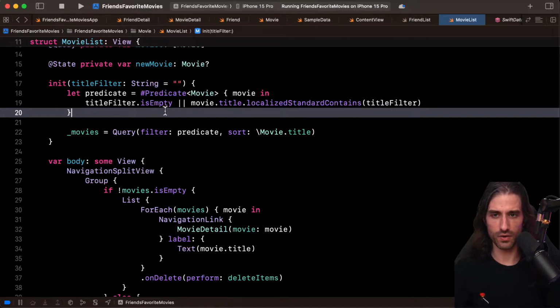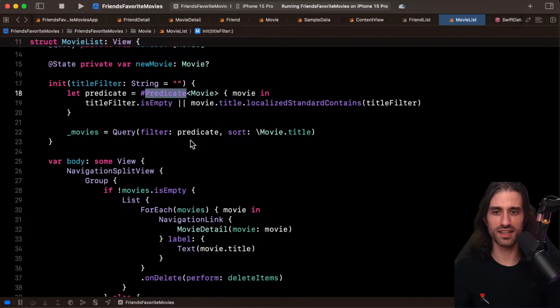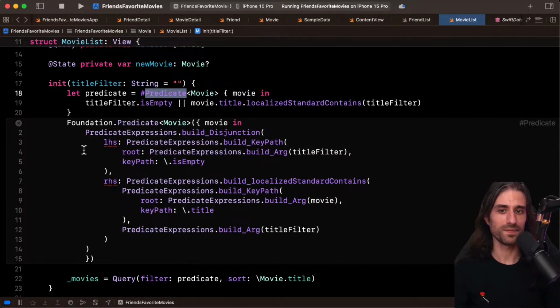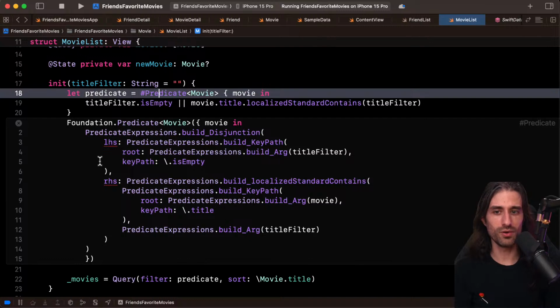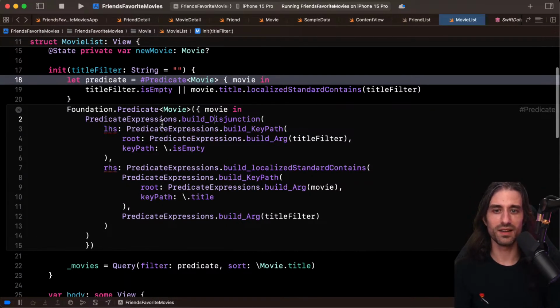All right, so now let's see actually how this gets expanded. You can see, if there wasn't the macro, this is what you would need to write by hand to have the same level of type safety, in the fact that you are only using allowed operations. So it needs to build a disjunction. What's a disjunction? It's just OR. Like in logic, the OR operation, you can also call it a disjunction, and the AND, you can call it a conjunction. So that's nothing but that.